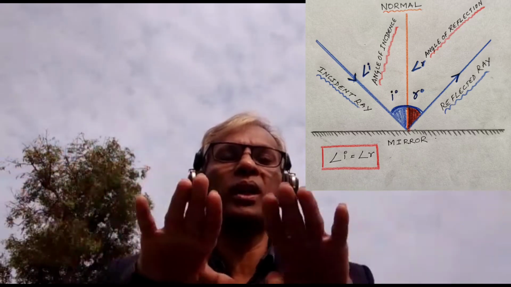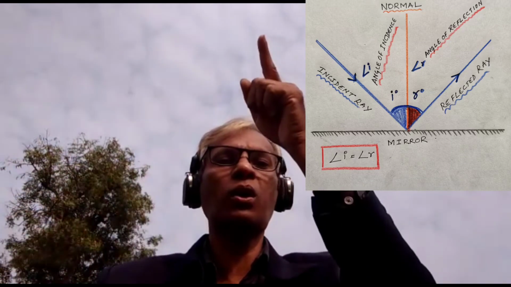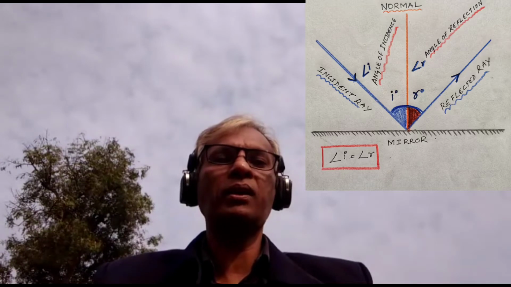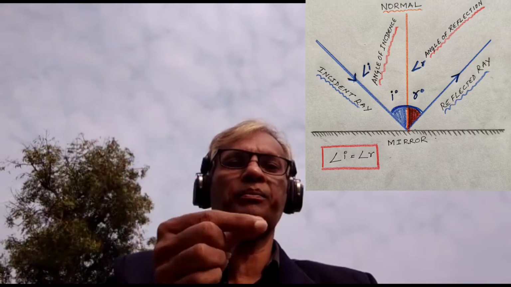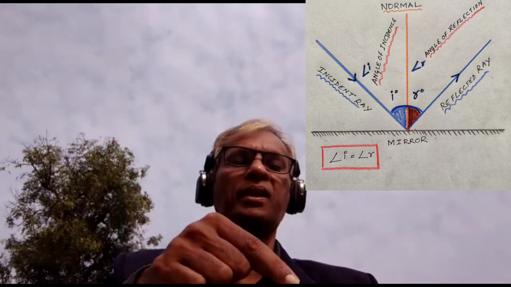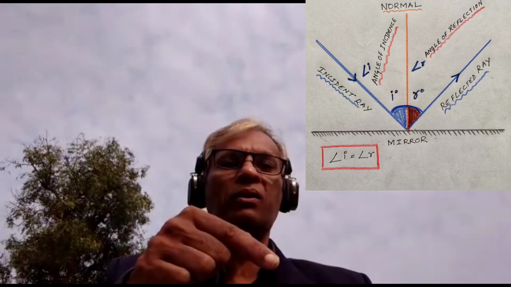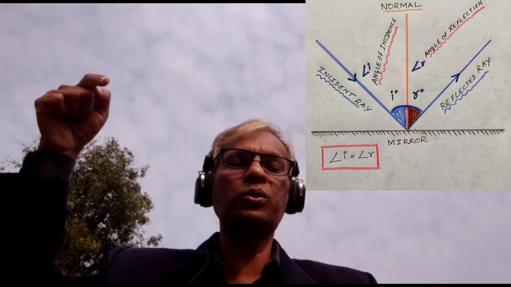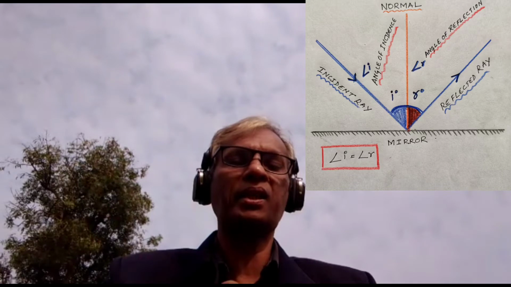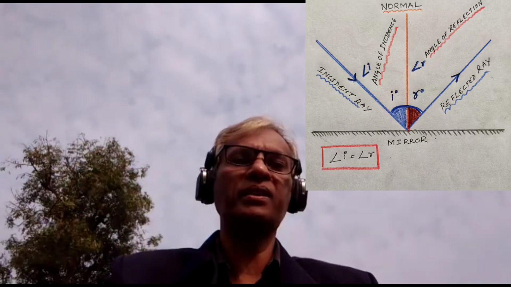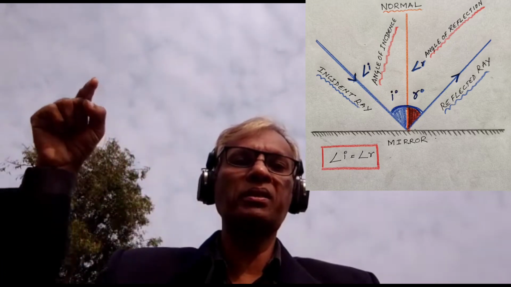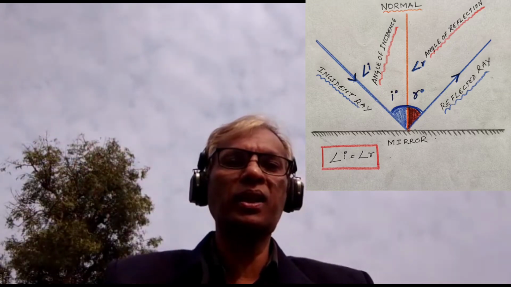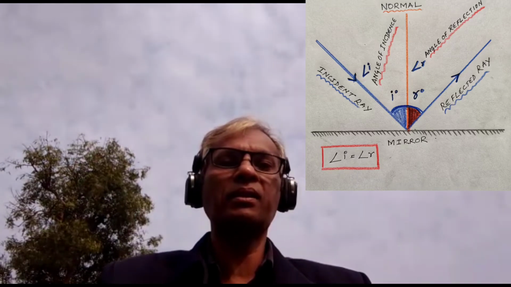If you draw any surface, whether it is a mirror or any reflecting surface, we have to draw a normal line so that a reference can be taken. Now, if a beam of light is coming and striking the surface, the angle through which the beam of light strikes, measured from the normal line we have drawn, is called the angle of incidence. When the ray gets reflected back, we call it the reflected ray.